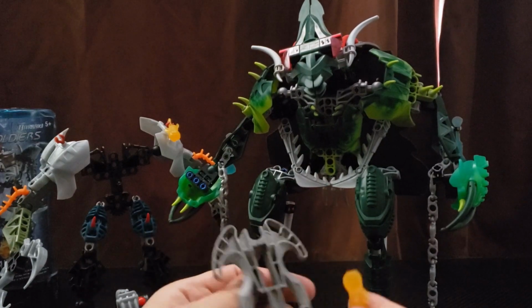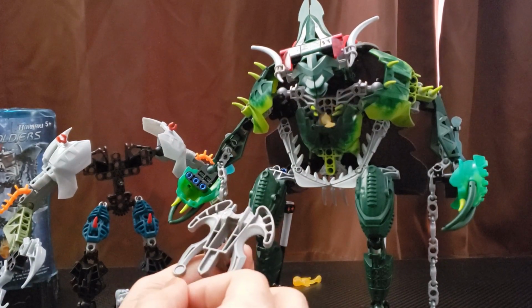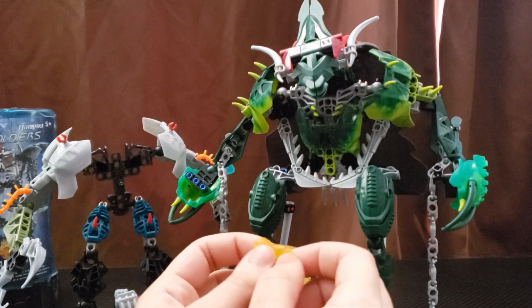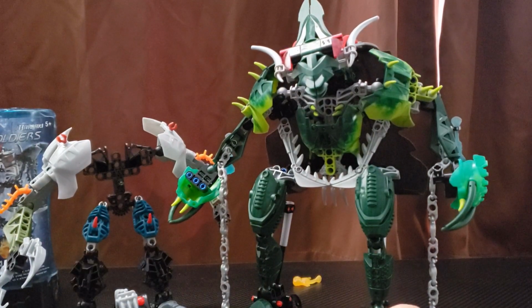Because it's a bootleg, of course. Let's try this with the bootleg, with the non-bootleg Squid. Oh, I like how that just sat inside his armor. I don't want to pull on these too hard because I don't want to break it. I feel like the bootleg one would break pretty easily. Not to say that the regular ones don't break, but the bootleg one I feel would probably break much more